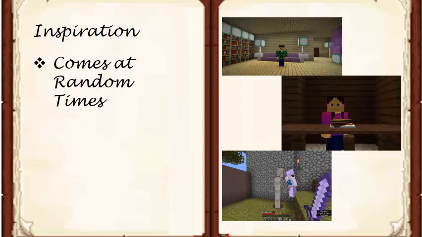Many times I'll be trying to fall asleep and an idea will come to me, and I'll end up just grabbing my phone and writing a quick thing down saying, hey, this was my idea, and then the next morning I'll look at it and be like, oh, okay. So yeah, write down your ideas as they come to you. If you all of a sudden think of an idea, use your phone or tablet or whatever you have near you to write down what the idea was and go back to it later.